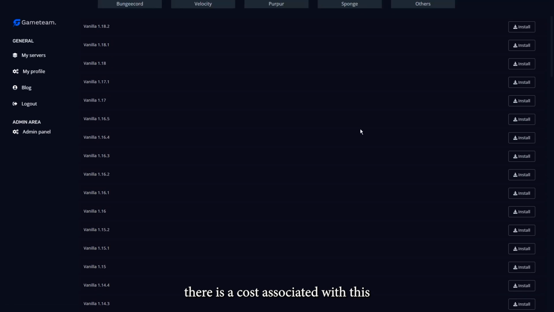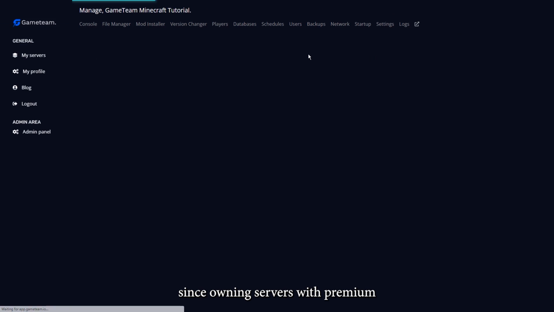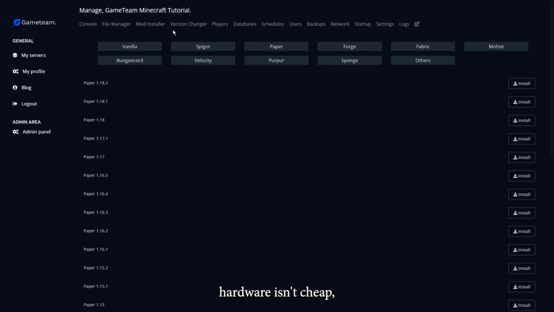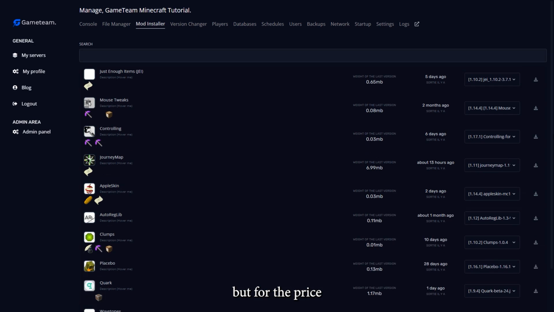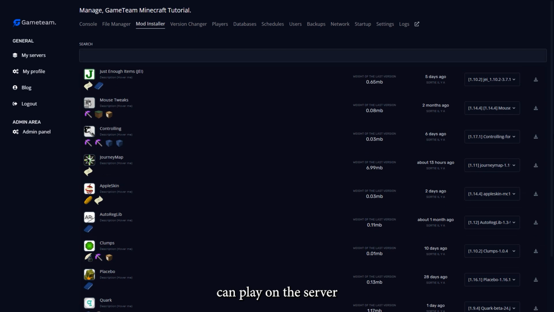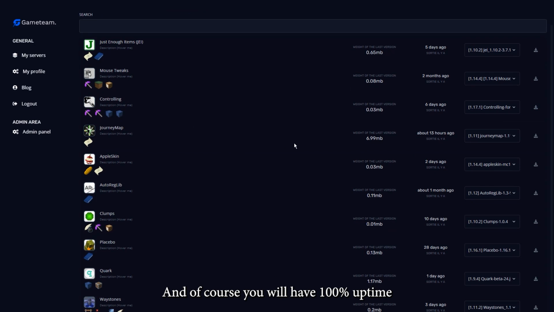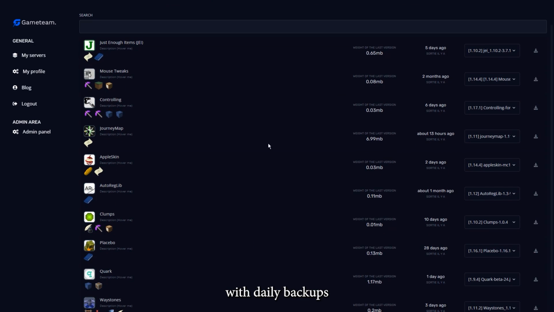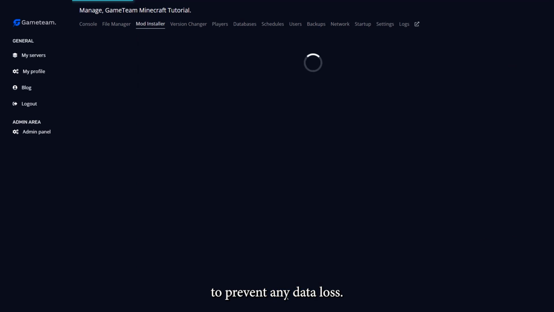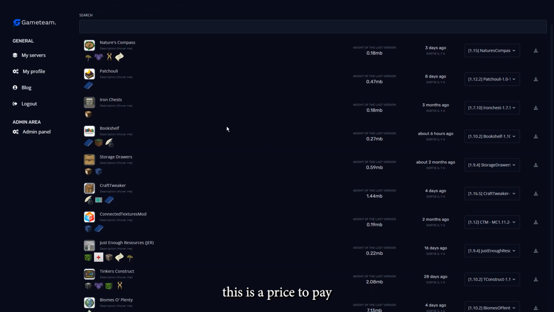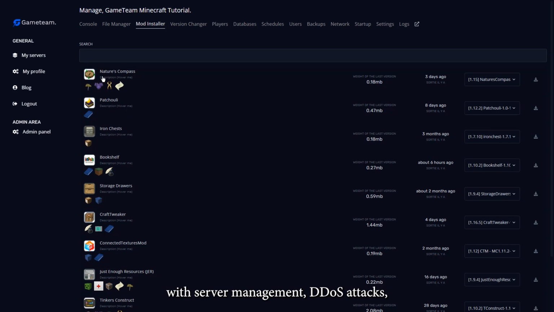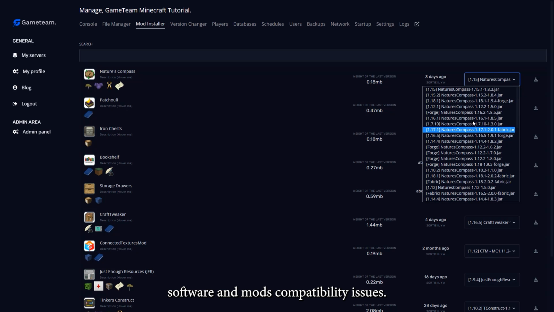Now of course there's a cost associated with this, since owning servers with premium hardware isn't cheap. But for the price, hundreds of people can play on the server without latency and lag issues. And of course you will have 100% uptime with daily backups to prevent any data loss. So yeah, that's the price you pay for not having to deal with server management, DDoS attacks, software and mod